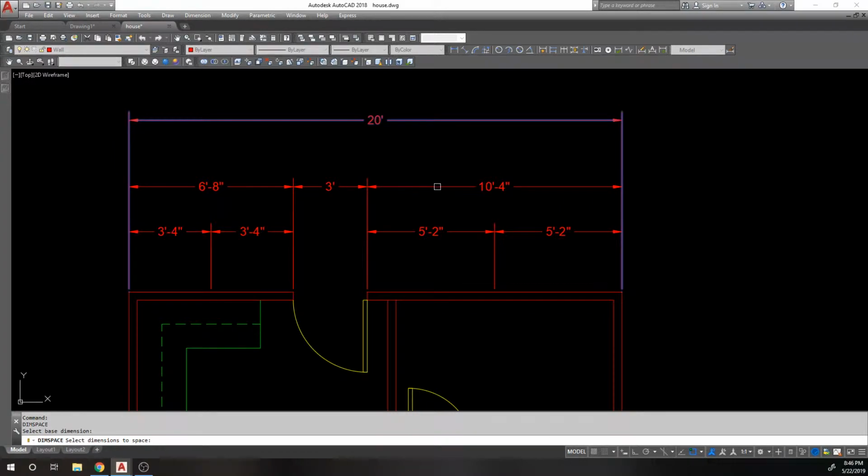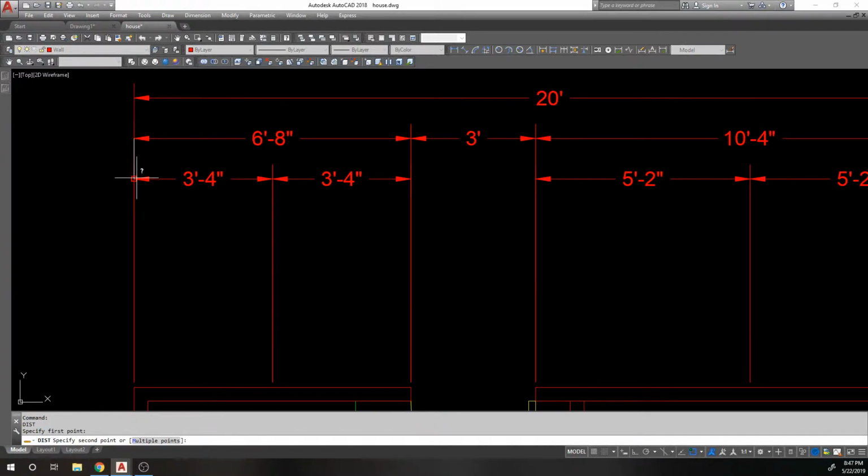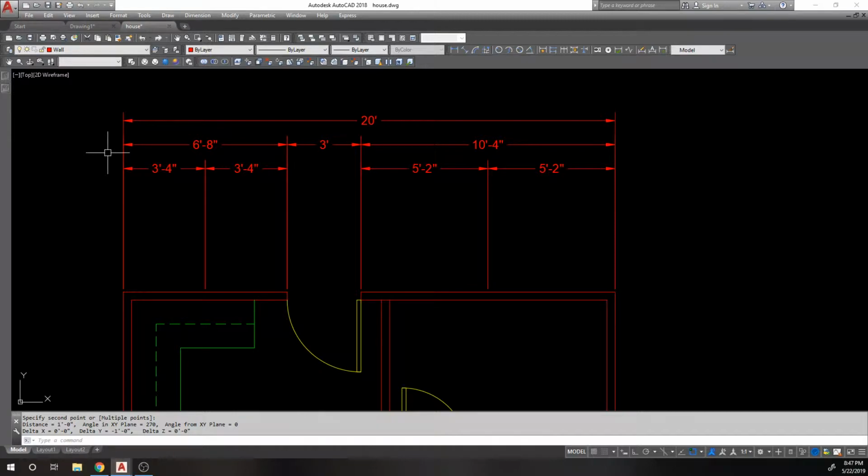Click the 20 first, and then select everything else. And I'm going to put my spacing at 12. And now they're evenly lined up, very, very cleanly. And if you work in any kind of AEC industry, architectural engineering, construction, a lot of times